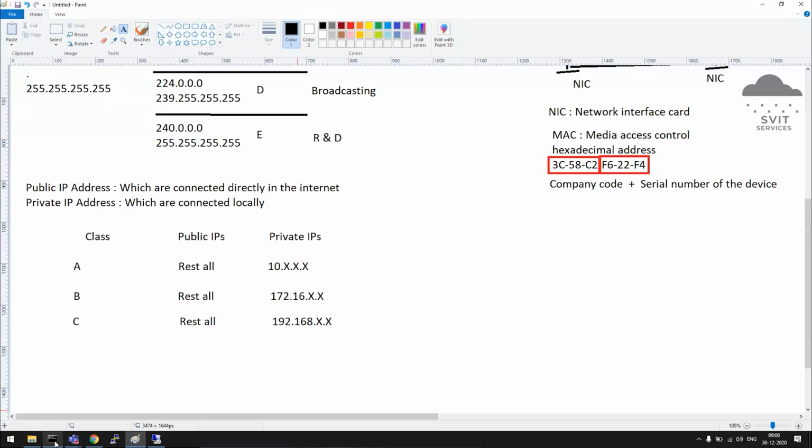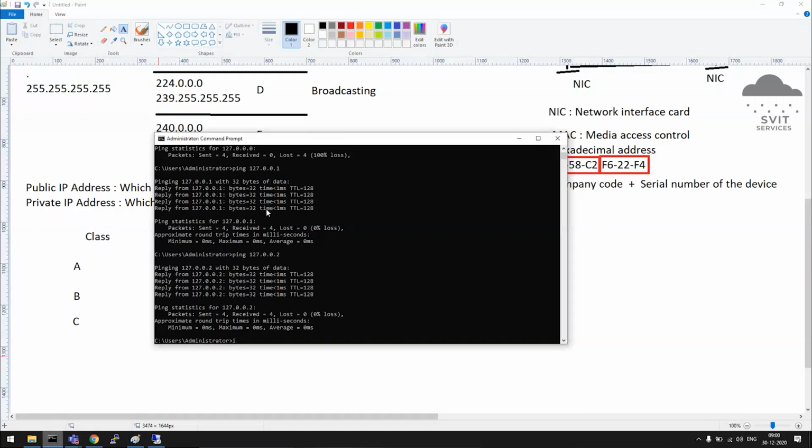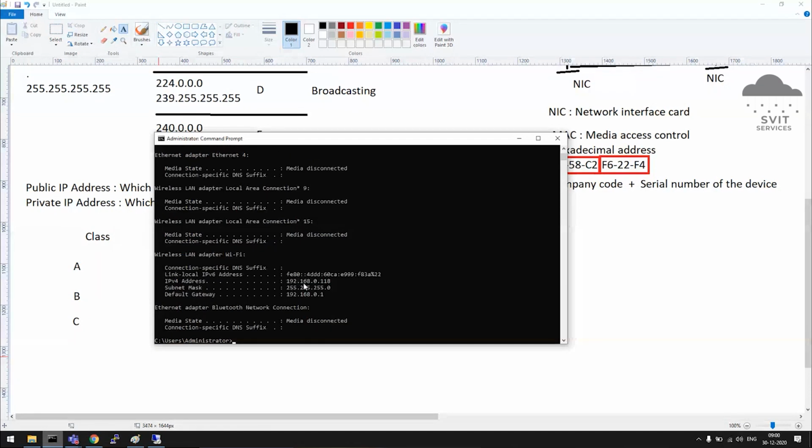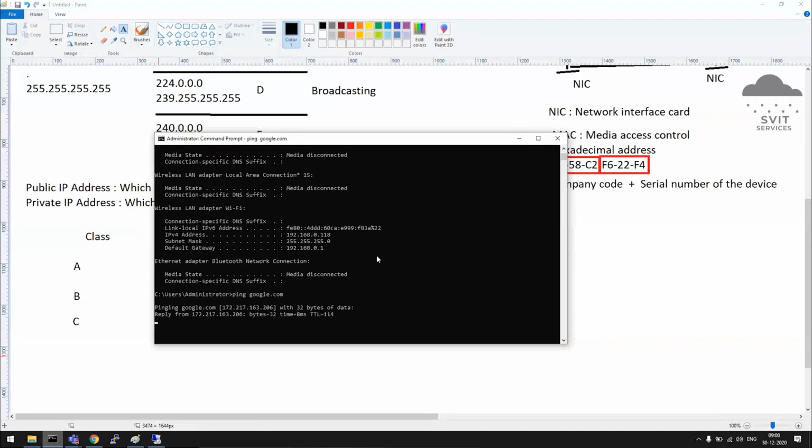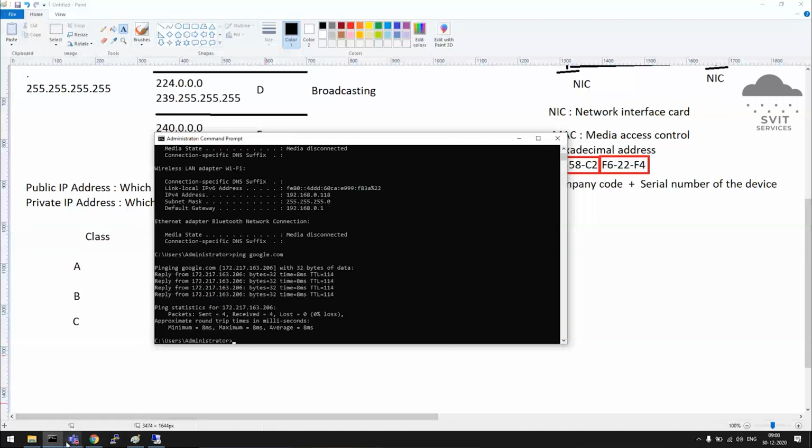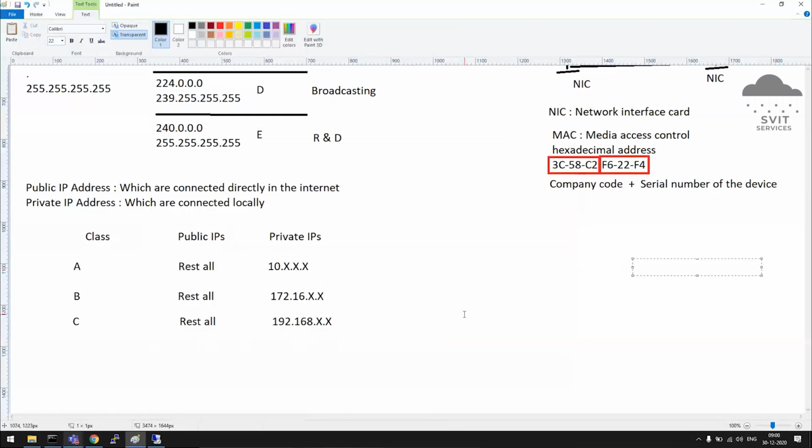But even so, if you see my laptop here, to verify the IP address of that machine, I run ipconfig: 192.168.0. This means it has a private IP address. Then how am I able to connect to Google and the internet as well? Without internet, I cannot speak to you from the remote location. We are connected via the internet. You also have a private IP address, and I also have a private IP address. Then how are we able to connect to the internet?